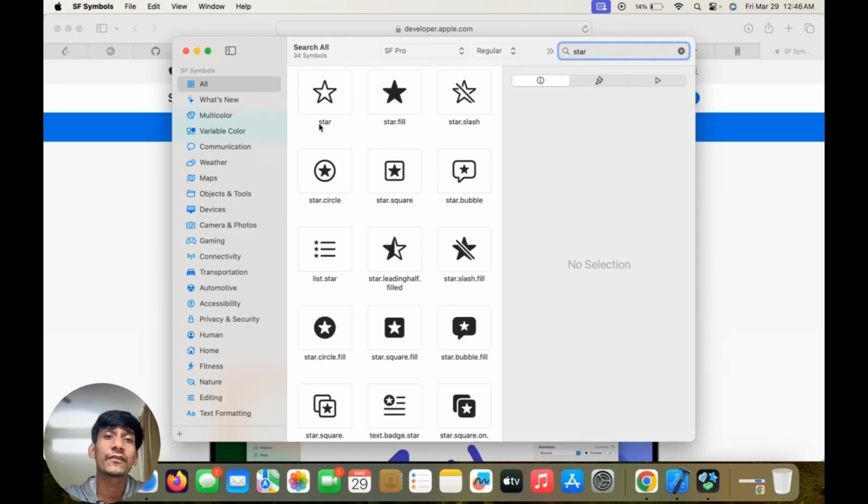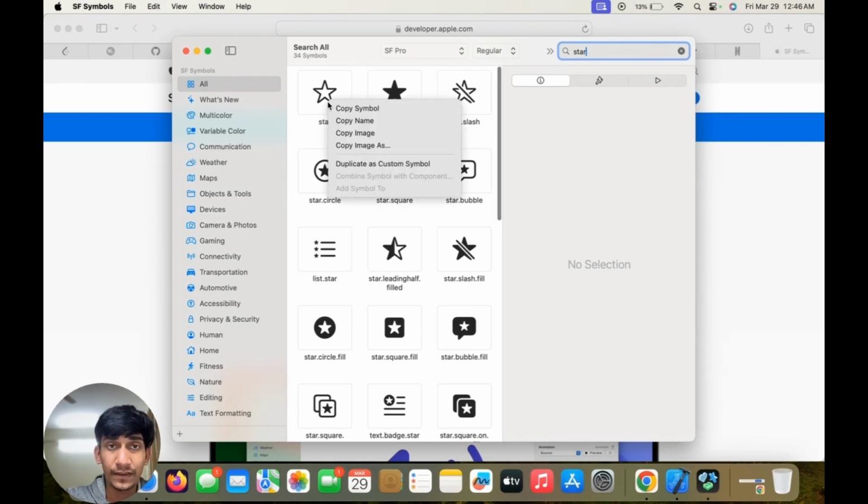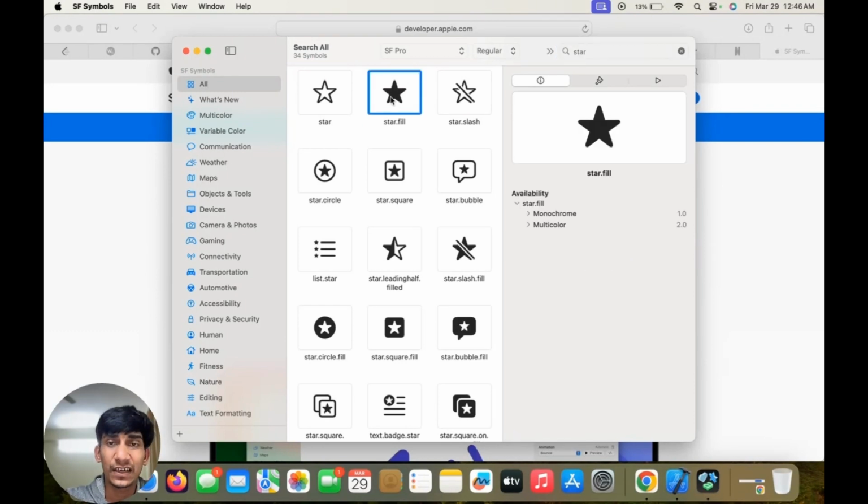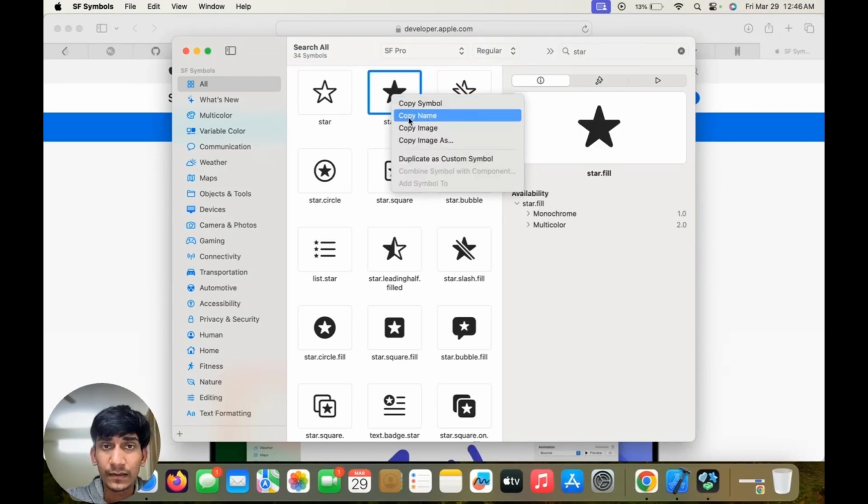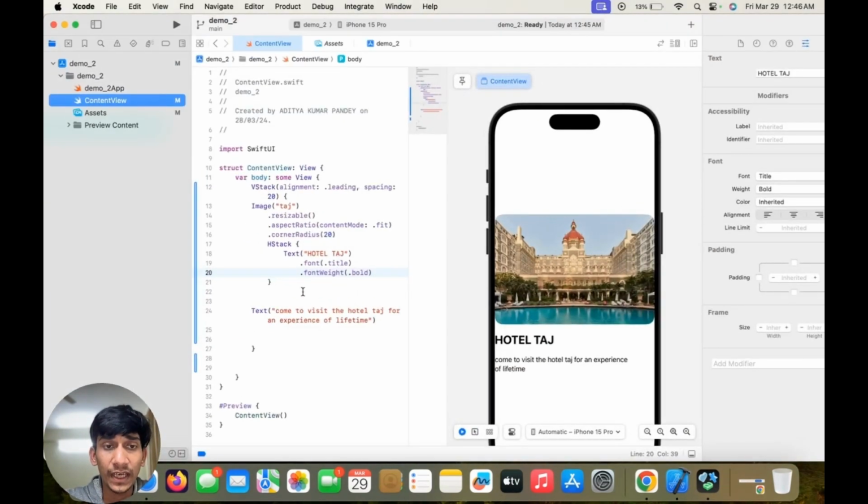As you can see, for a normal unfilled star we can use the name star, and for an already filled star we use star.fill. And for a half-filled star there is a name called star.leadinghalf.filled. So I'm going to use the names from here. I'm going to add a filled star first. From there we can copy the name of the star, and coming to Xcode,